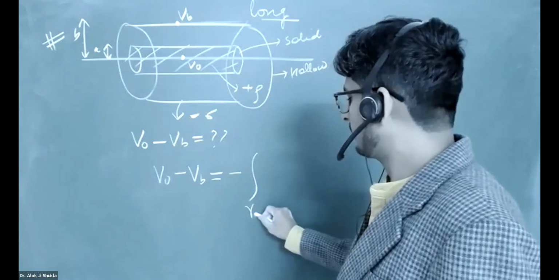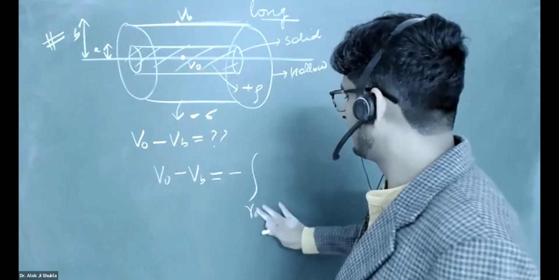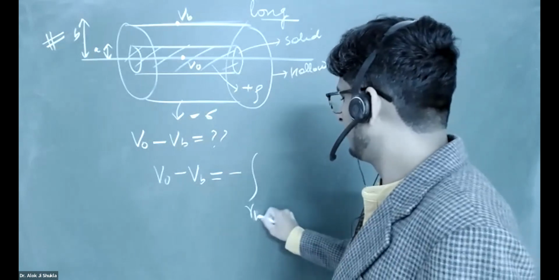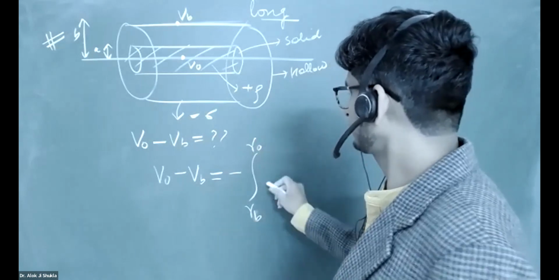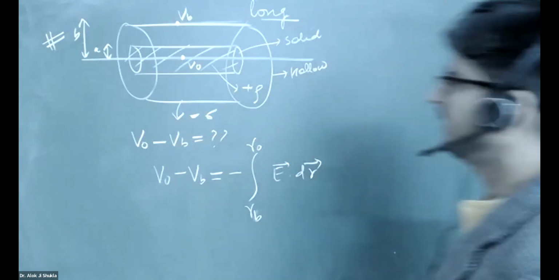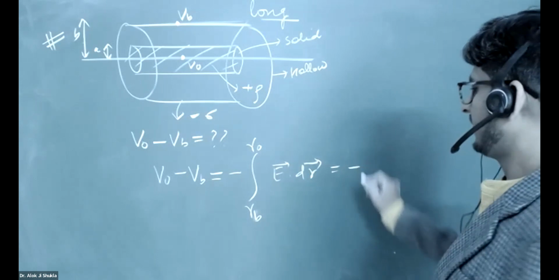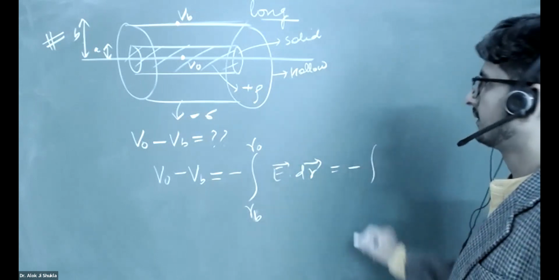Let me write it RO, and then to R, so RB to RO and E dot dr. This is how we write. बोलो भाई, ऐसे ही तो लिखते हो potential difference. So it will become minus